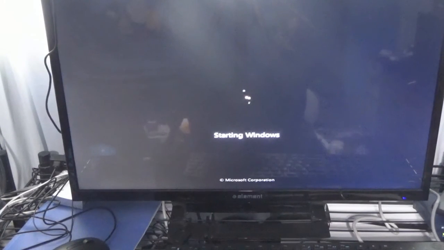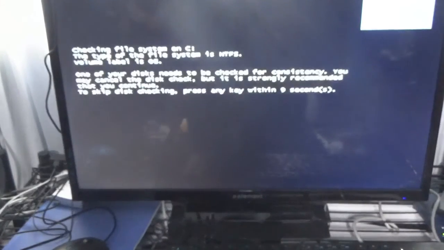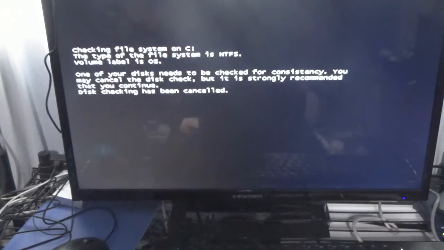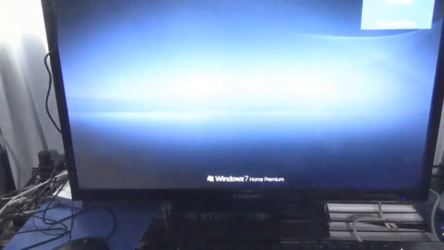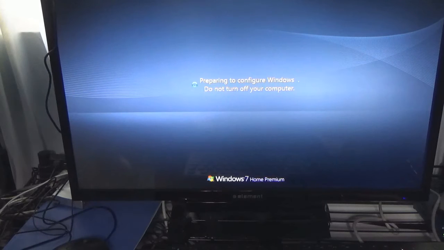So this is running Windows 7, like it said on the bottom when you saw me doing stuff here. Alright, so I'm going to skip the disk checking, and we are going to see what's on here. So this computer boots, so that's good,